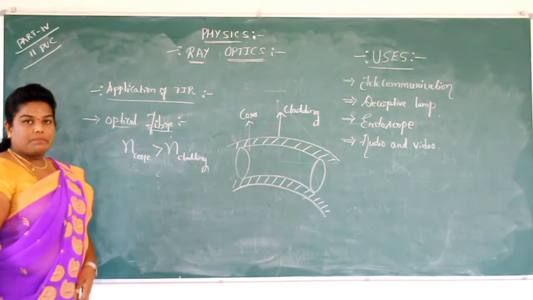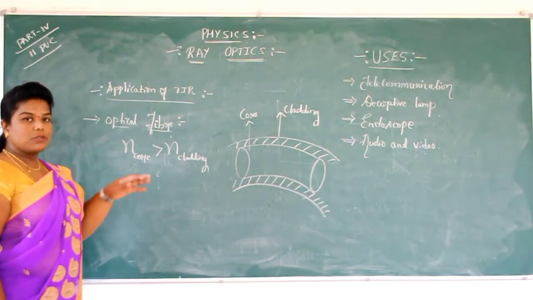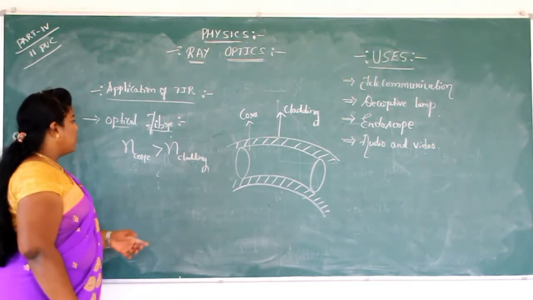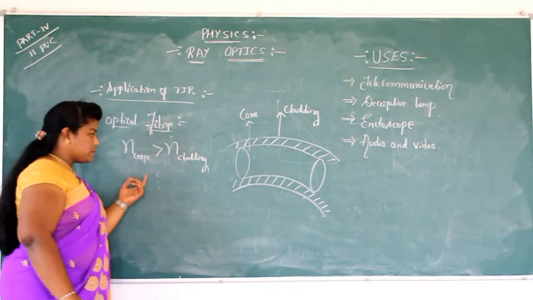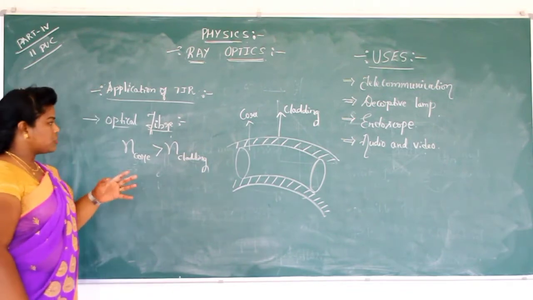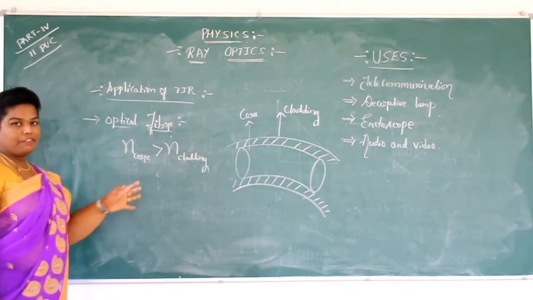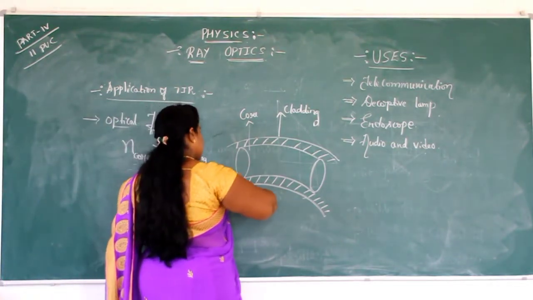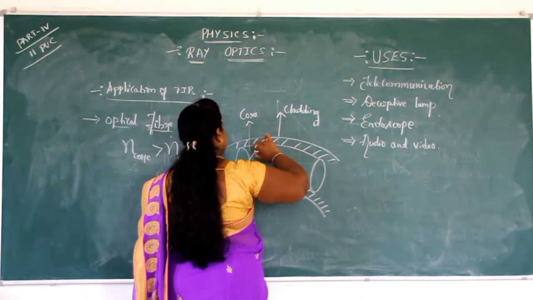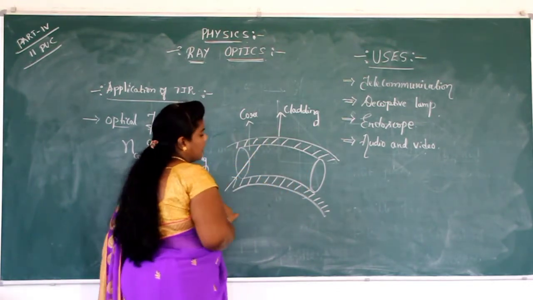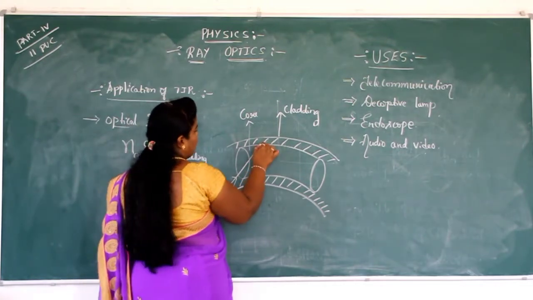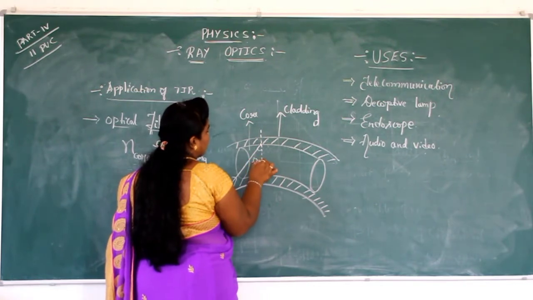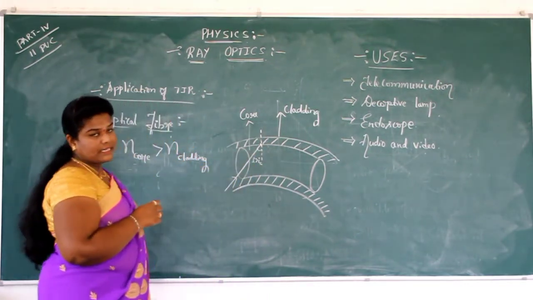Remember my dear students, this optical fiber works on the principle of total internal reflection. Now, if a ray of light, or a signal, is incident at an angle of incidence greater than the critical angle, that is, I is greater than IC,